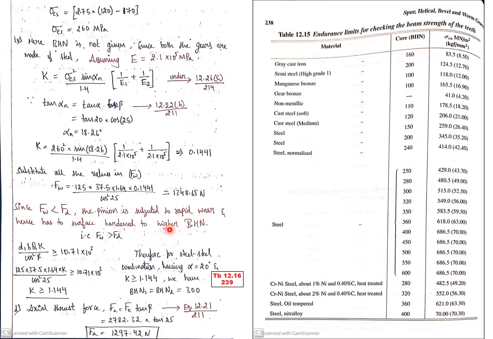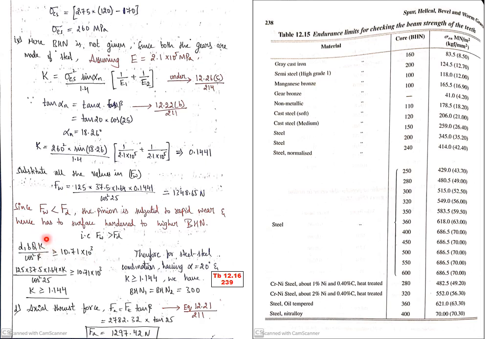Hence, what we have to do? We have to harden to a higher BHN. Whatever we got, the 120 as a BHN, that is not okay. Hence, we have to increase it. So to increase, what we have to do? This is the condition where the limiting load will be greater than the dynamic tooth load. So how to find the different BHN? See from this. This is the limiting wear load formula, where we need to find the value of K. I repeat, this is the limiting formula, which is to be equated with respect to dynamic tooth load. Your limiting wear load formula must be equated to dynamic tooth load.